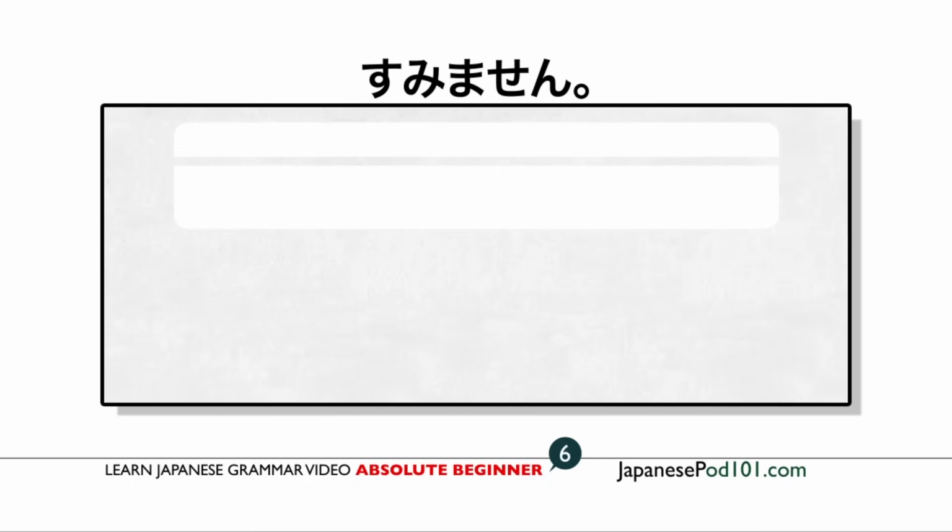Okay, in this lesson, you'll learn how to say excuse me and I'm sorry. The best part is, you only have to learn one phrase for both. That's right. There is one phrase that covers both of these meanings. That makes it easy. And that word is すみません. Sumimasen. One time slowly. すみません。 And one more time regular speed. すみません。